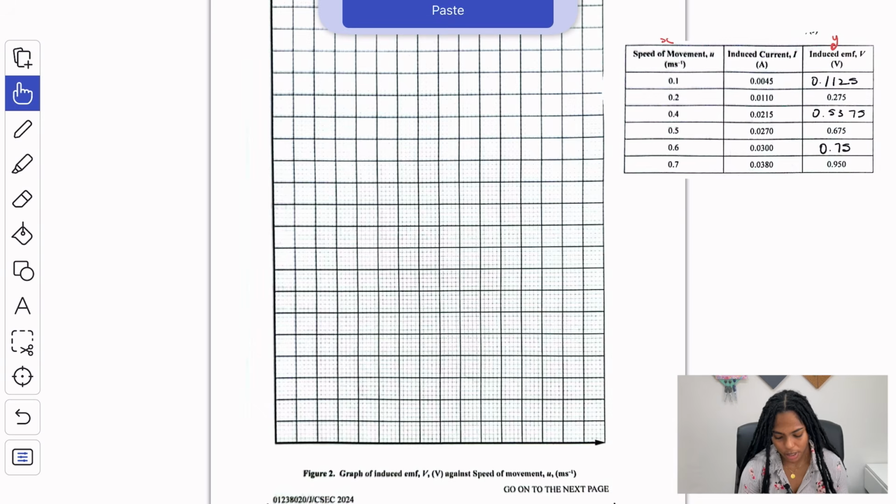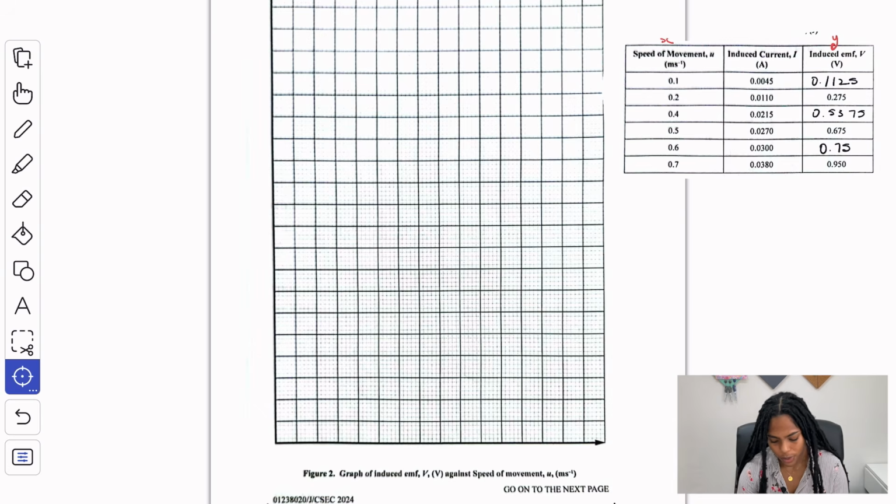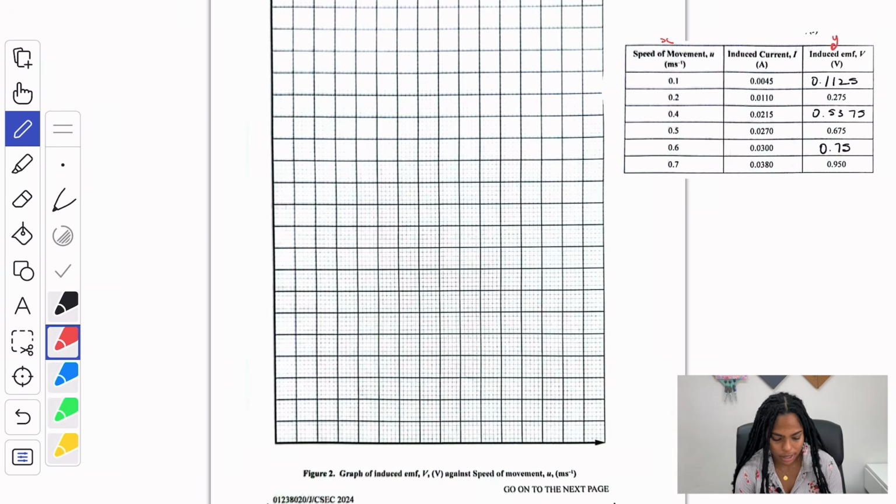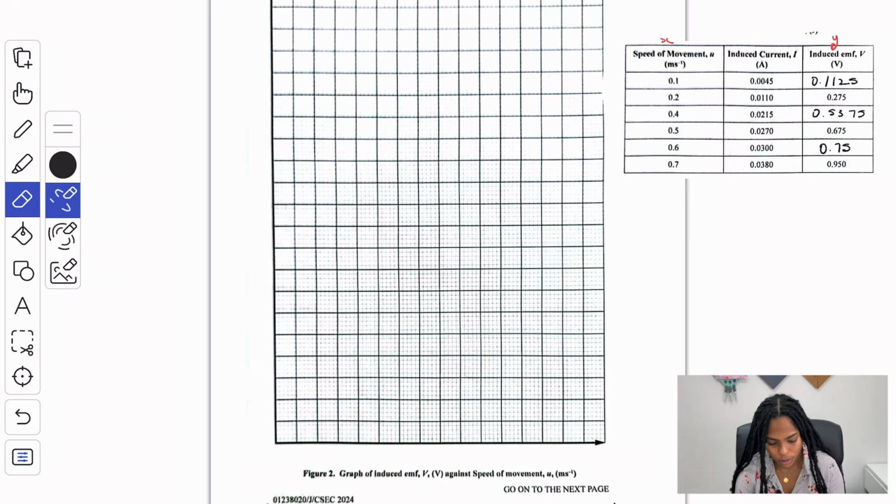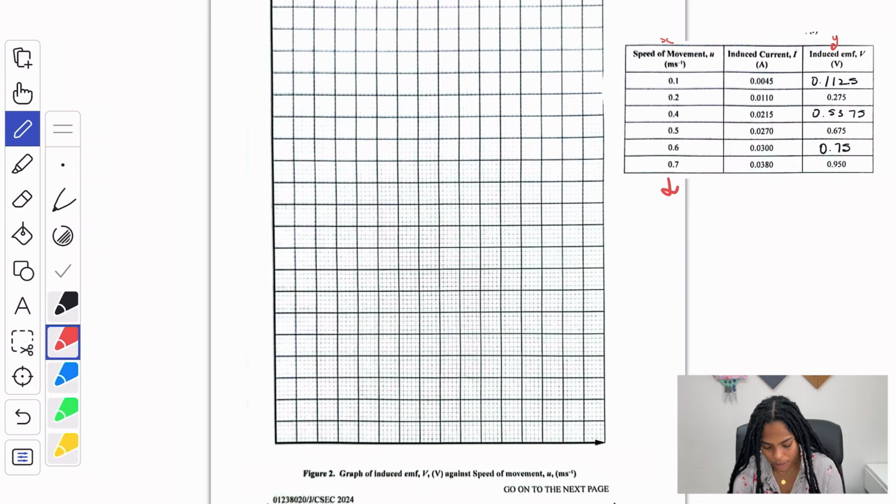And I have to try and come up with a scale now. My x-axis seems pretty easy because they're saying 0.7, so it makes sense that we'll do every 2 centimeters to be 0.1 because that should definitely be able to fit across, and we can check it to see. 0.1, 0.2, 0.3, 0.4, 0.5, 0.6, 0.7. So yes, that could fit. So this one here, 2 centimeters represent